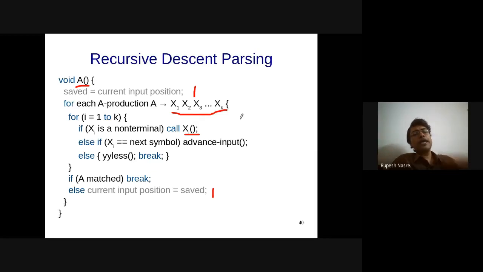For each of these elements in this production, from 1 to k, I am going to check this if else part, right? And if that production matches the whole of the xi's, the x1 to xk, then I have found a match and I break. That is, I have found a match and therefore further processing needs to be done. Otherwise, I backtrack, that is, I go to the next